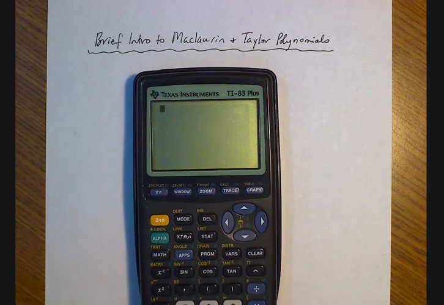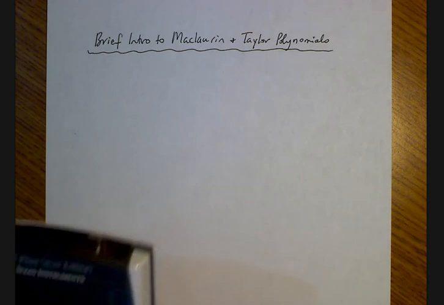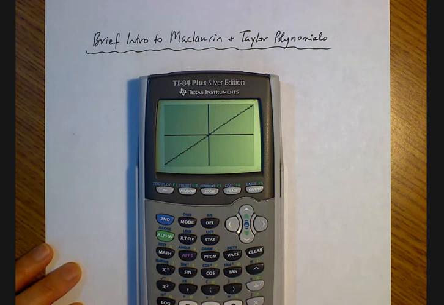Before we get into the topic of Maclaurin and Taylor polynomials, I'd like to do a brief introduction. I'm going to show you a familiar graph, and I want you to guess what the graph of this is. Okay. Let me show you. Let me graph it out first. Okay, so just take a guess and tell me what you think this is. All right, so most of you probably are thinking that it's just a straight line, maybe y is equal to